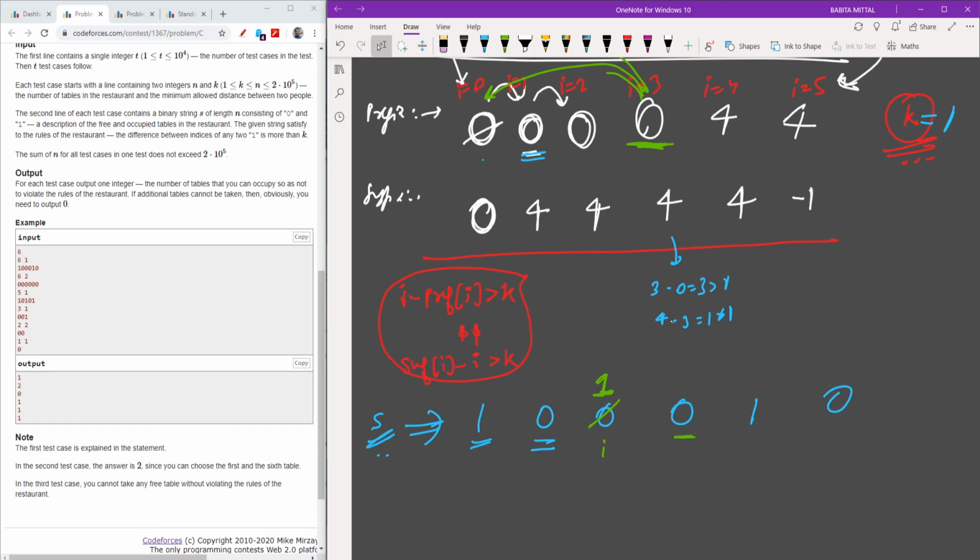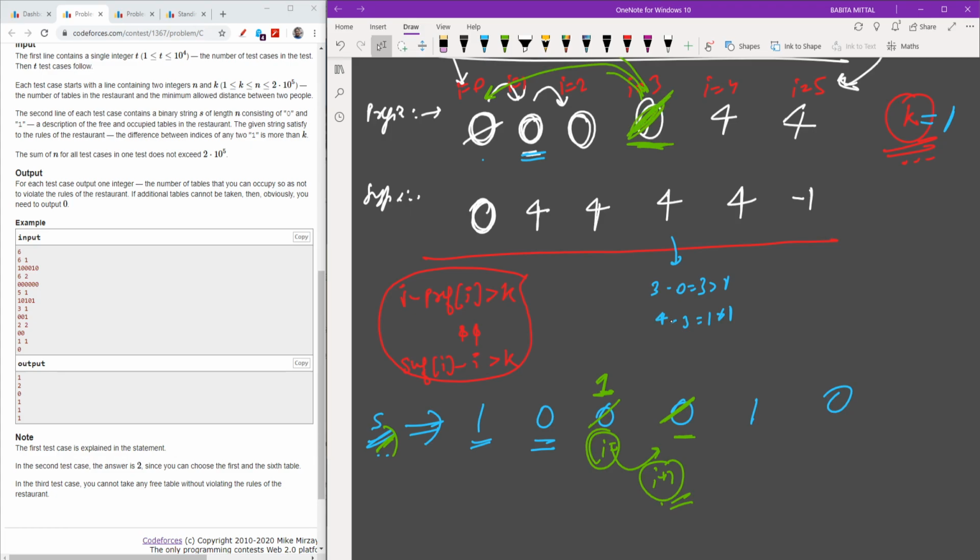So after updating this, I will make sure that when I am on a particular I, I will check if I plus 1 is 0, then I will surely update my I plus 1 with the previous I. I will update not this string, but this I here.